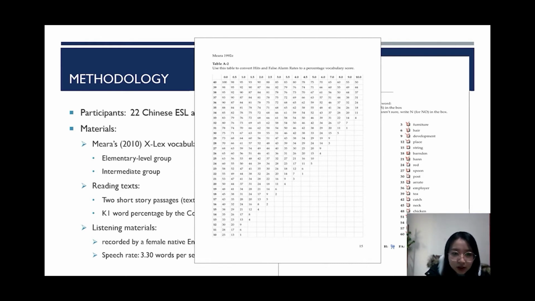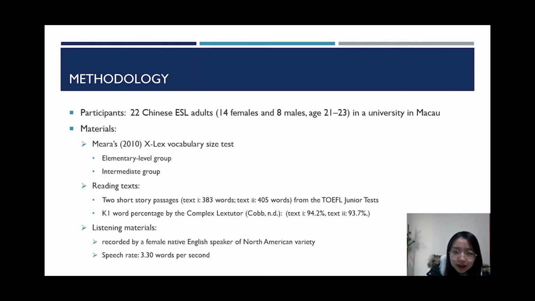The listening materials were recorded by a female native English speaker of North American variety, and the speech rate was adjusted to 3.3 words per second, which was supported by Concurrent that it is an appropriate speed for this level of readers. Now, the reason why test score is used to divide participants into two groups instead of treating it as a continuous variable is because of the small sample size, and that is a limitation of our study that